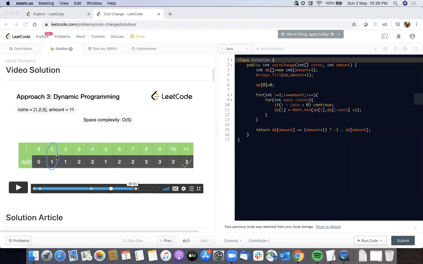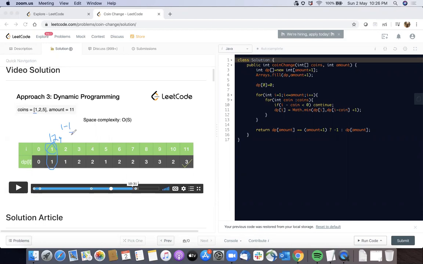Consequently, what we have to check: suppose we have DP of 1. Can we make amount 1 from the coins we have, and what could be that minimum? It could be the current value, which is the maximum value I have taken as 12, or it could be DP of the current value, which is 1, minus the coin available, which is 1.